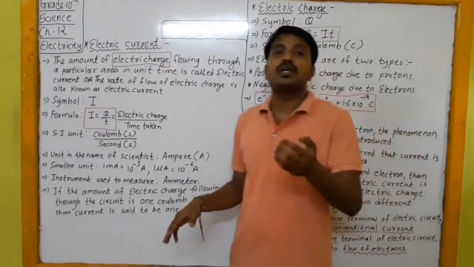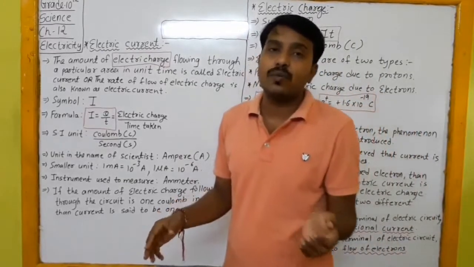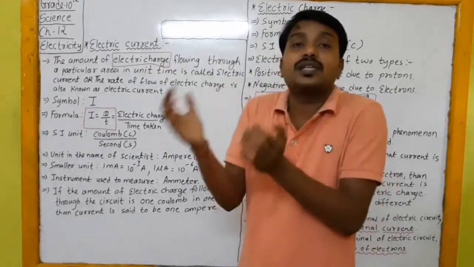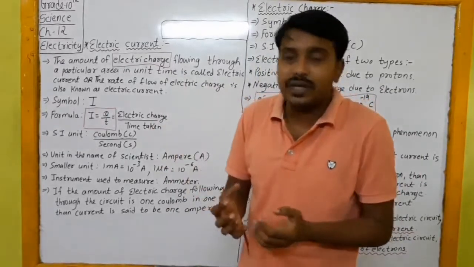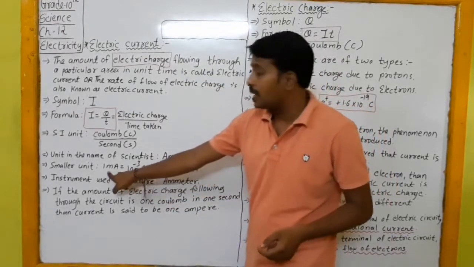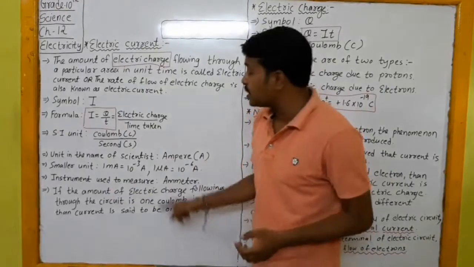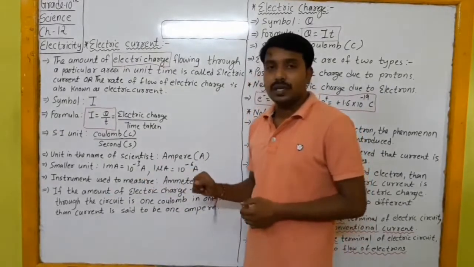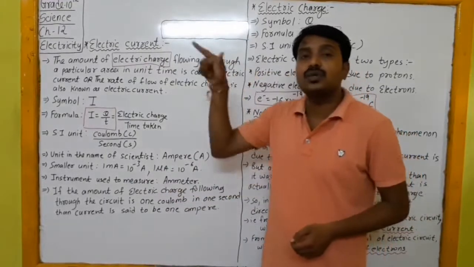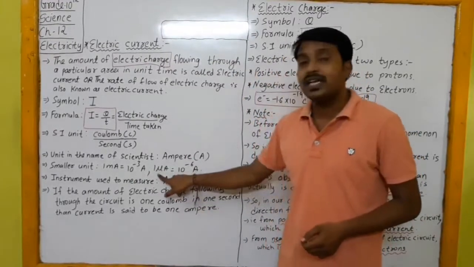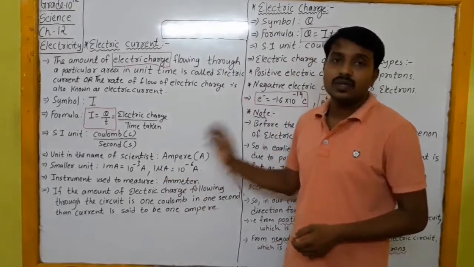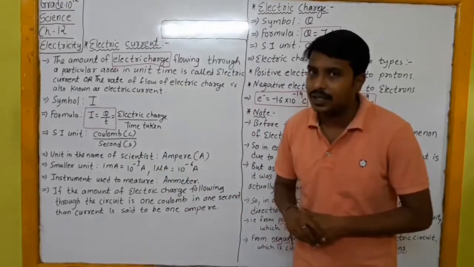Apart from this, we have some smaller units of current also, because we have some circuits in which a very low amount of current flows. To measure such current, we have lower units, and such units are 1 milliampere. Here m means milli, and that has value 10 raised to minus 3, and A for ampere. This is microampere, in cursive you have to write mu. So this is microampere, in which micro means 10 raised to minus 6. So these two are the smaller units of the electric current.